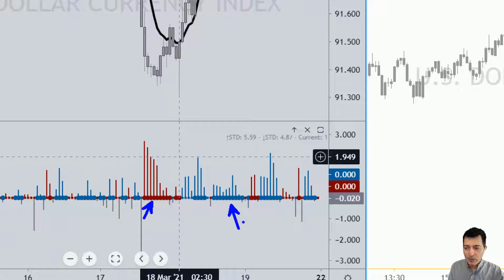Of course, I am pointing at dots on the left just to show you diversity: thin and thick dots, and red and blue dots. But what matters is not what you got on the left. What matters is the last dot on the right that tells you the present. So the present right now on the 1 hour time frame for the dollar index, to be honest, is not to trade. The dot is thin, the climate is not confirmed,